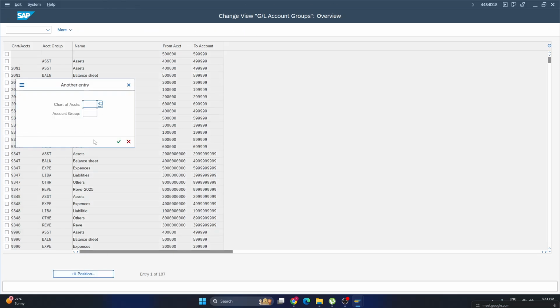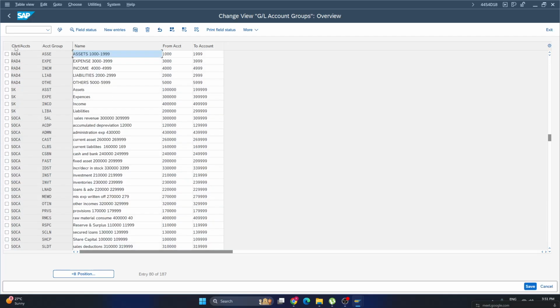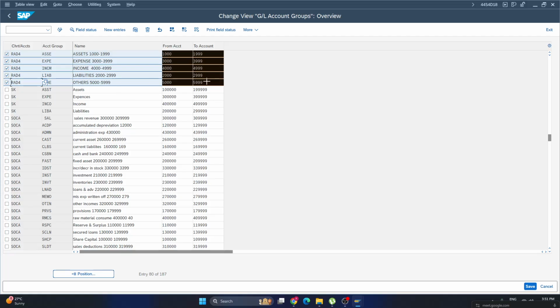Position, chart of accounts, RAD4 again. Following, right, Divya? You're seeing my screen, I hope. So these are the four different account groups that Chari has created. What I'll do, Control Y, Control C, or else